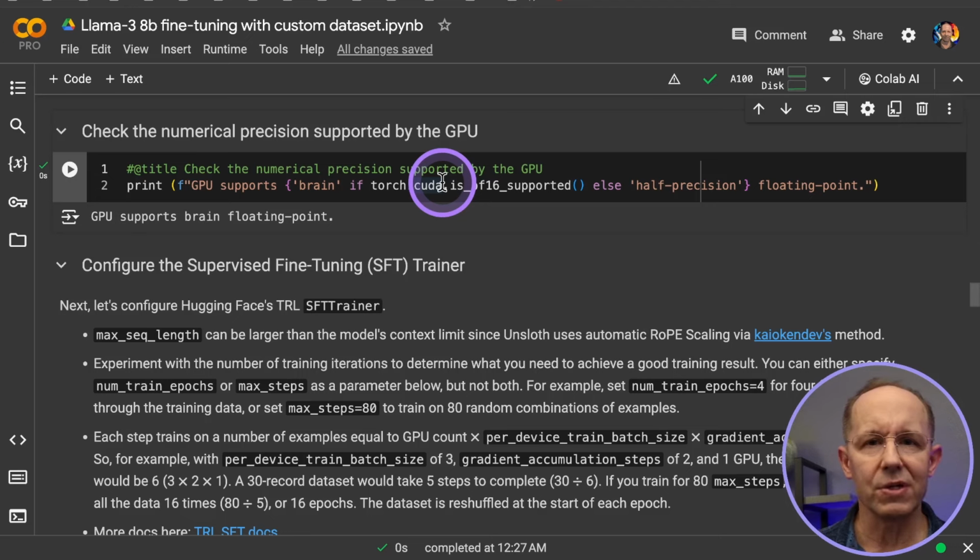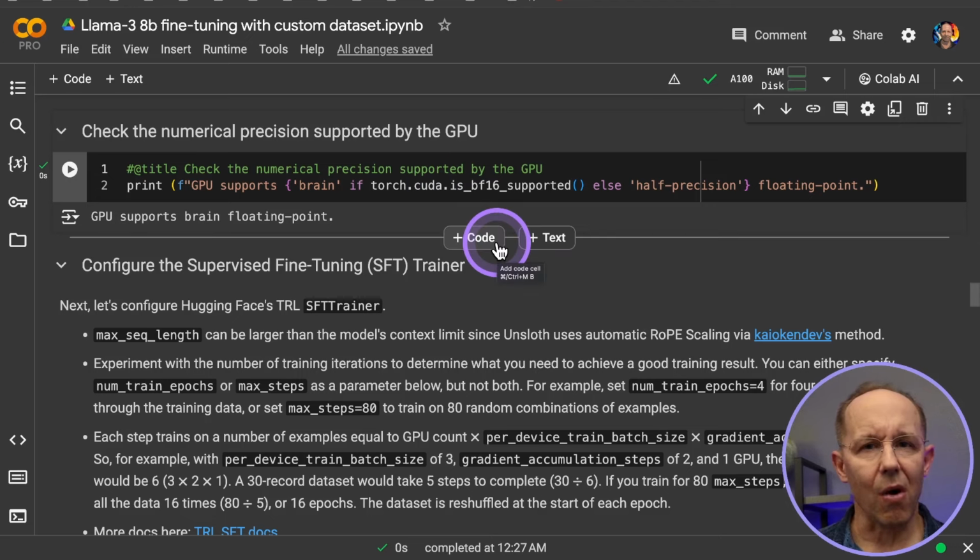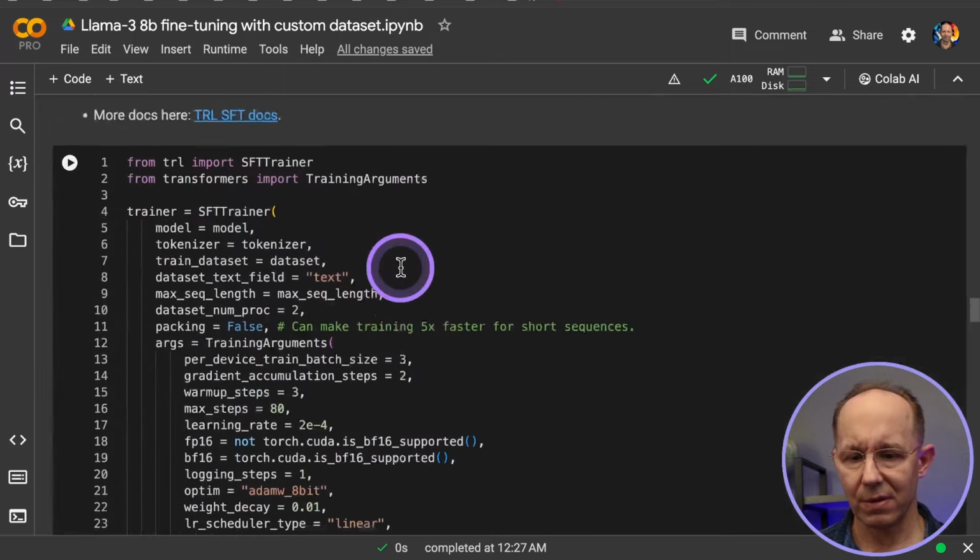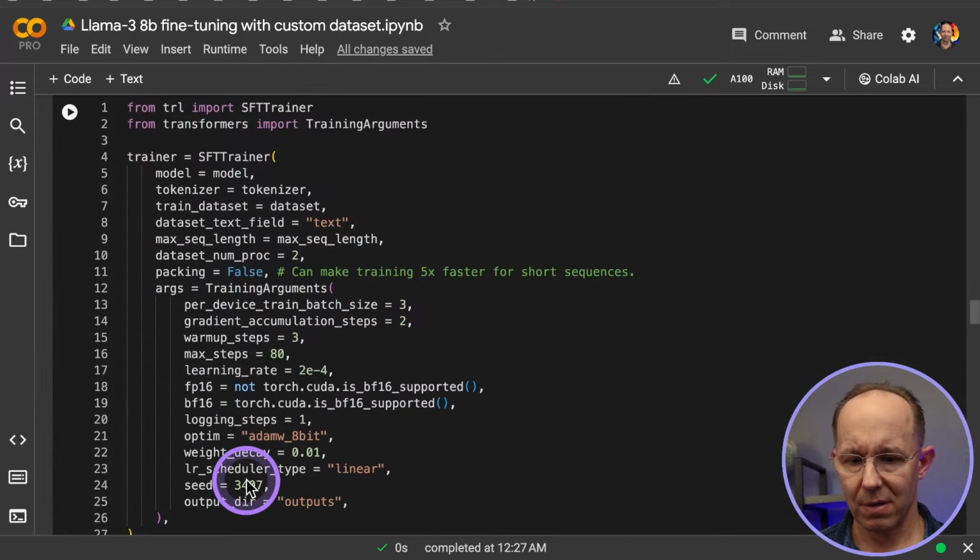Look for a decreasing trend in training loss over the course of the fine-tuning. The trainer will automatically randomize the samples in the training dataset at the start of each epoch. If you use the same seed value, you get a repeatable result. Play with the settings here to see what works best with your training data, such as per device train batch size, gradient accumulation steps, warm-up steps, learning rate, etc.